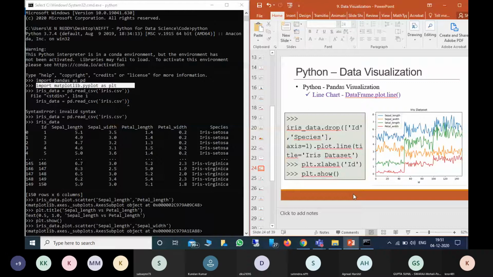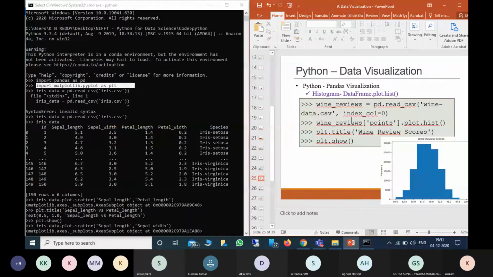Now we have the histogram. So for the histogram, we can plot similar to the previous one, using matplotlib. That is the wine reviews data set. For this, first I'm reading the wine reviews data.